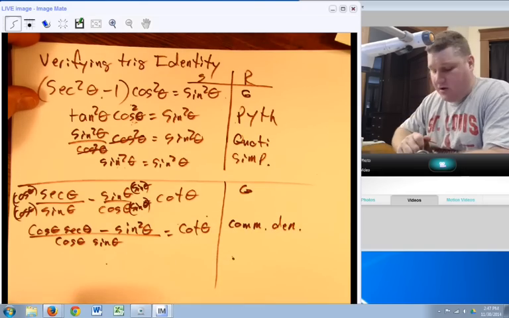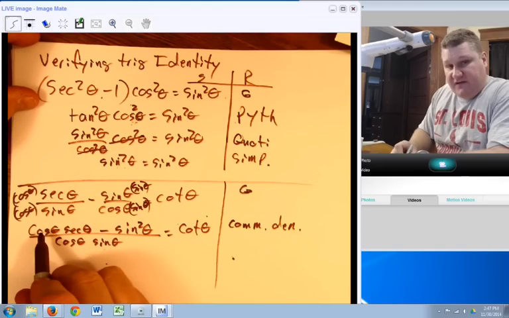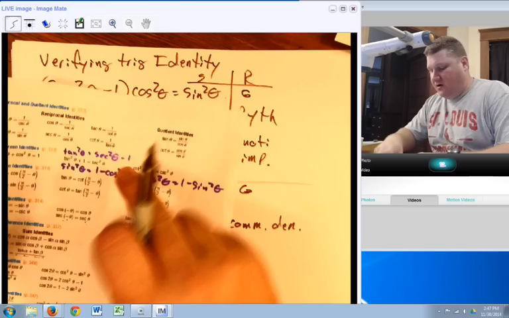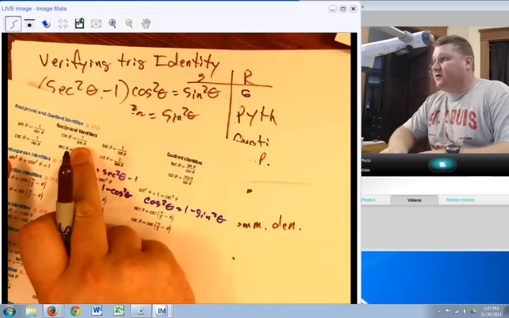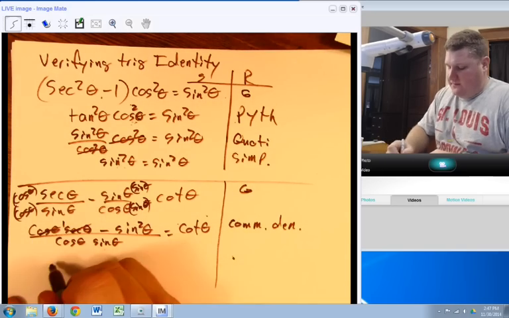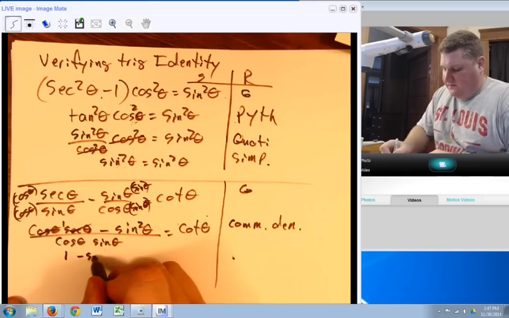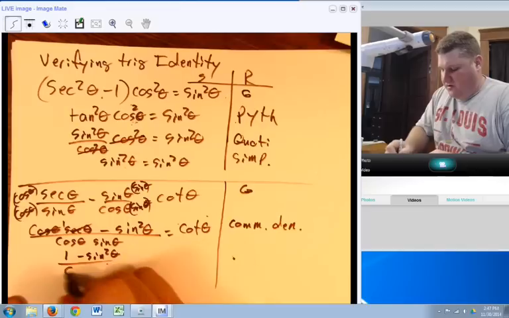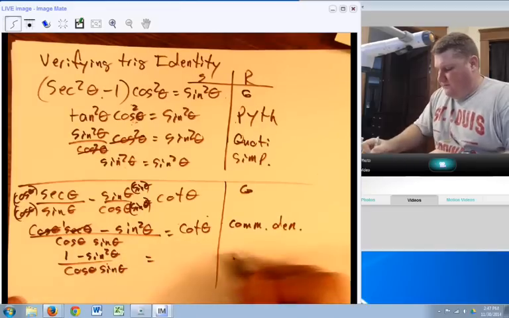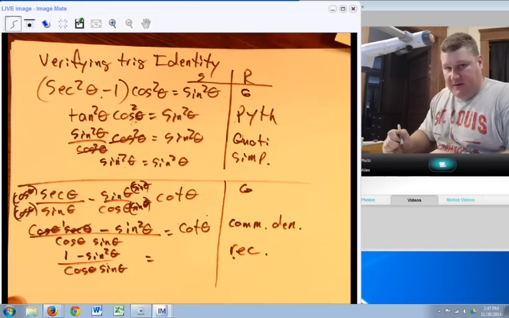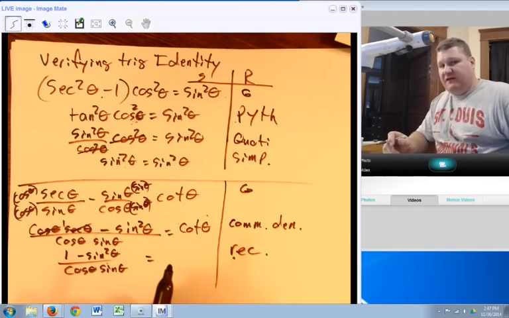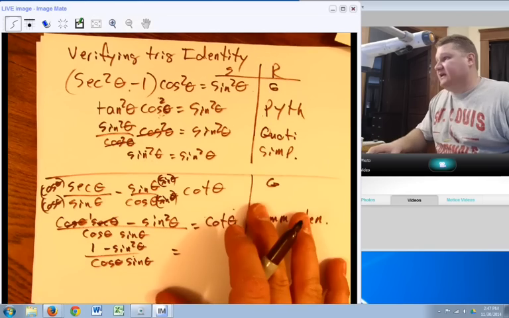So we have those. With that, let's go see what we can do. Well, cosine times secant. Cosine and secant are reciprocals of one another. So they're going to cancel out and make 1. And so I have 1 minus sine squared theta over cosine theta sine theta by reciprocal property. Now, with that, I say 1 minus sine squared. Everybody should memorize that, know it by now immediately. That equals